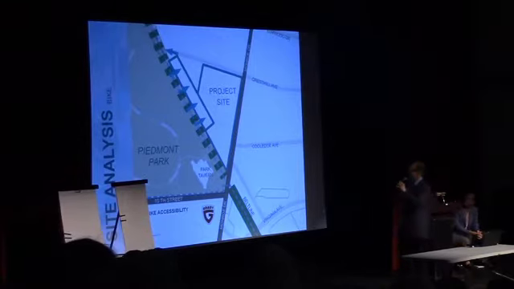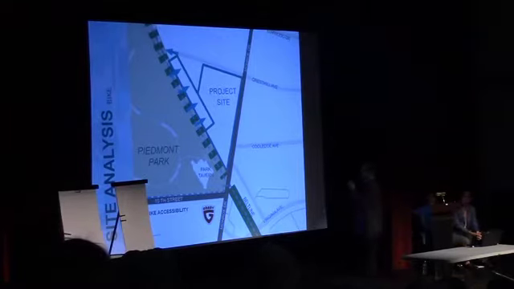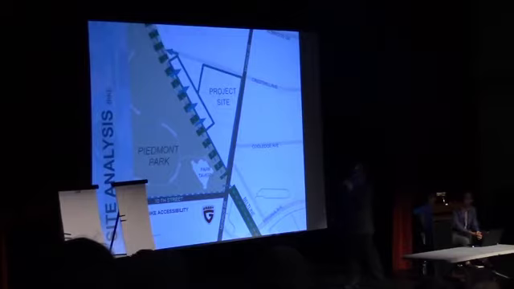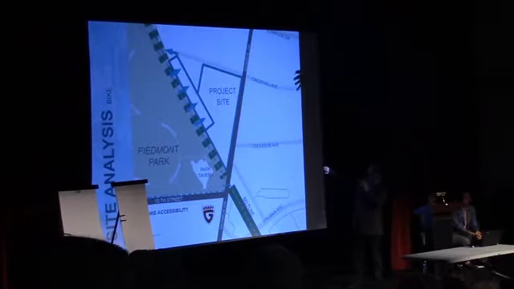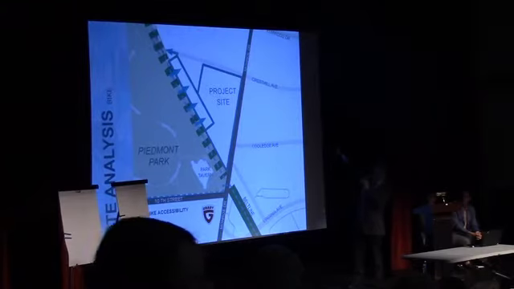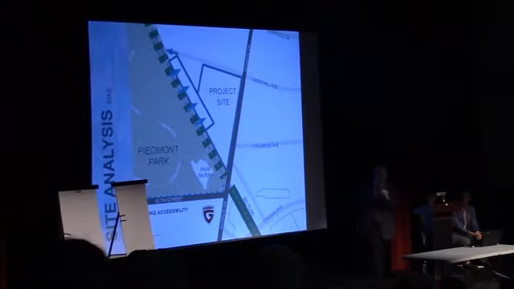And then this diagram shows bicycle connectivity, the Beltline Trail being a major feature of that, and then the extension down on 10th Street. But the project is really truly meant to front on the Beltline, so that there will be bike access to the development, as well as the continued bicycle access from Cresthill to the trail.